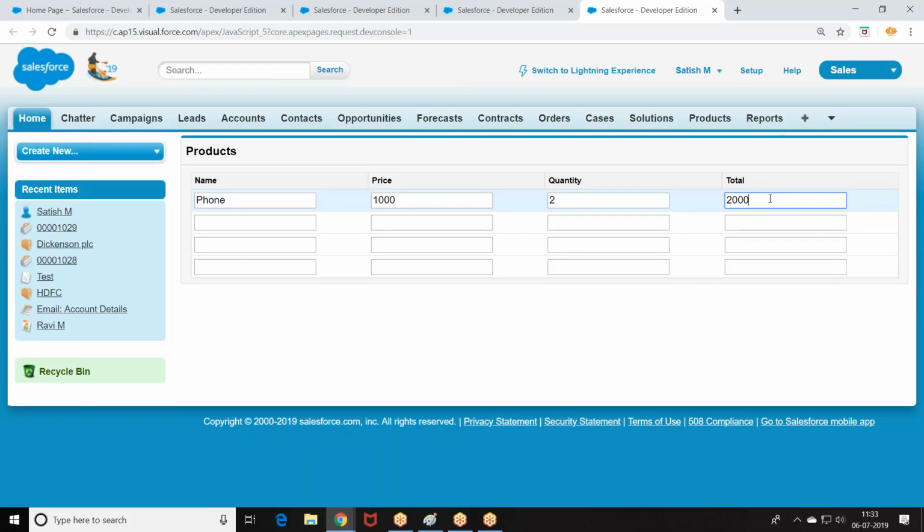Now when you have a group of elements, how do you recognize the particular row? Previously you have only one row, so name, price, quantity it came. Now we have a group of elements. In that group of elements, if I make a change on this price, it has to change. If I make a change here, it has to automatically change to 8000. Then how do they recognize the records? How do they recognize the row?